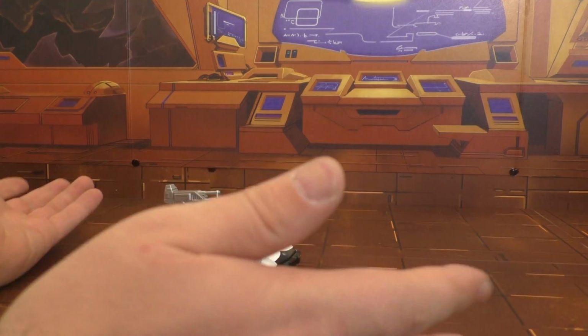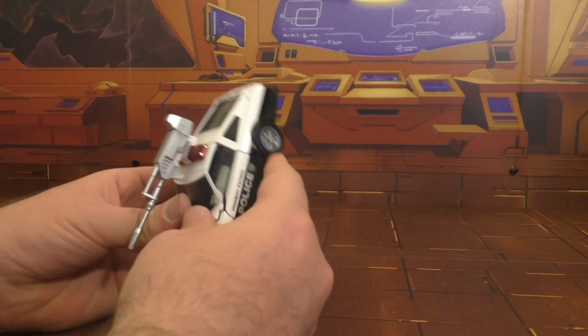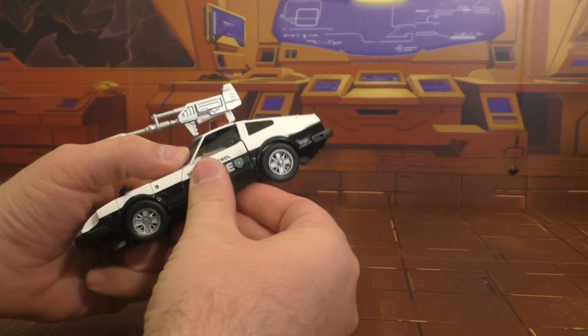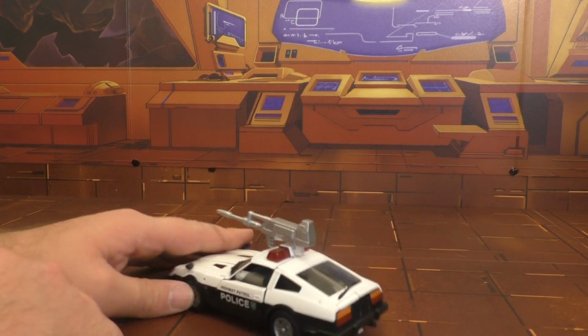Yeah, nice car mode. As I've said before, I'm a fan of the Z look. I think it looks great. And yeah,